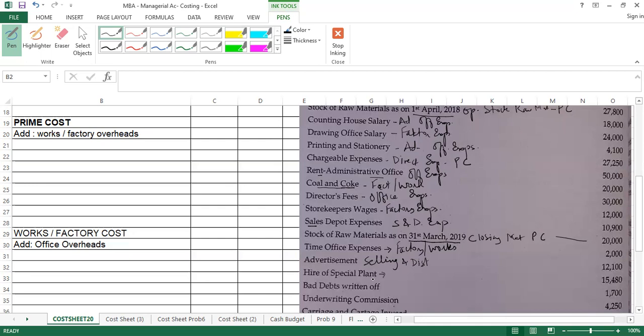Hire of special plant. Let me give an example. In Pune, we have a metro project going on. In the metro project, sometimes we have to hire a crane so that we can place things properly at a great height, such a huge heavy equipment. So this is a hire of special plant. Like we are now going through this COVID pandemic situation and we don't have oxygen, so we may have taken a plant for manufacturing oxygen on hire. So this is your direct expenses, hire of special plant, which will be considered in your prime cost. Next.